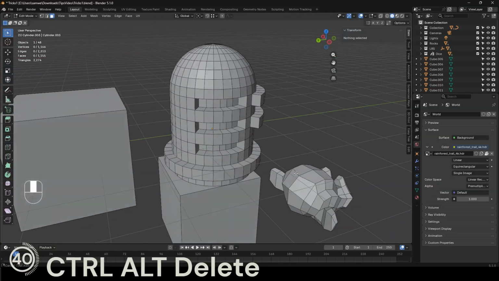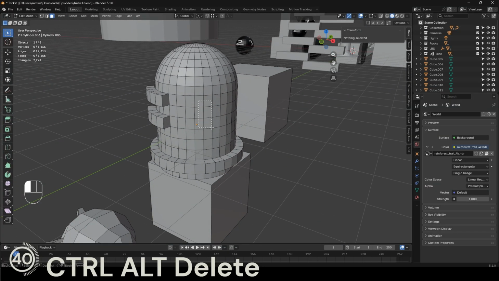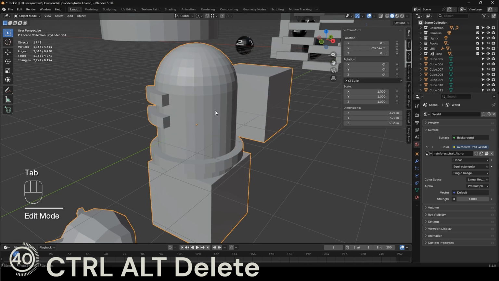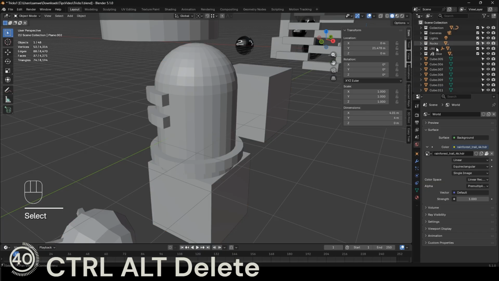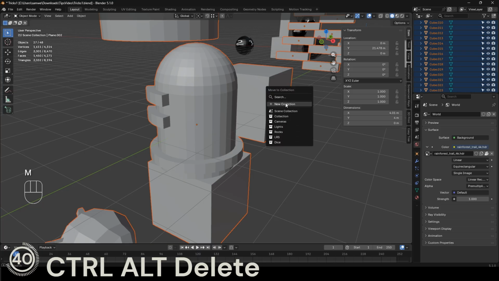You can use them interchangeably, so of course we can select just in general, and then Control is also used to remove selection. And just like going up here, if we were to select our plane, and we want to select all of these because we want to put them in a new collection, Shift and select all of these, and then we can use M, new collection,